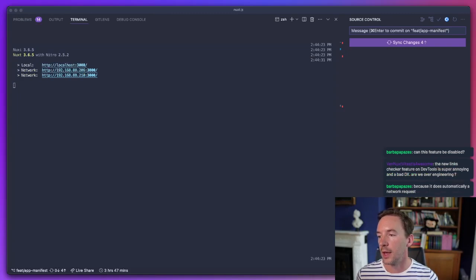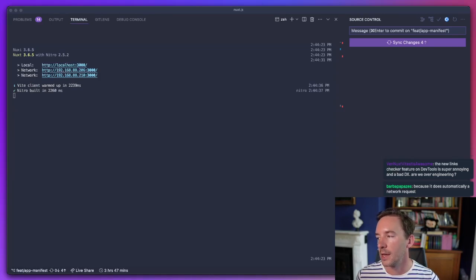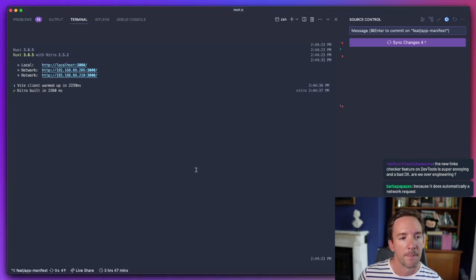I do want to allow it to be disabled. Yeah, so I'll add it as an experimental feature that can be turned off. Another option is to inline it in the page, but